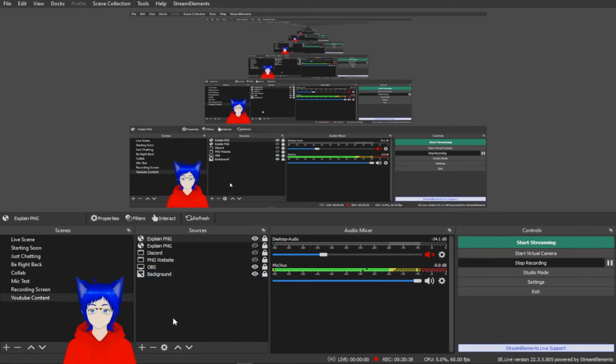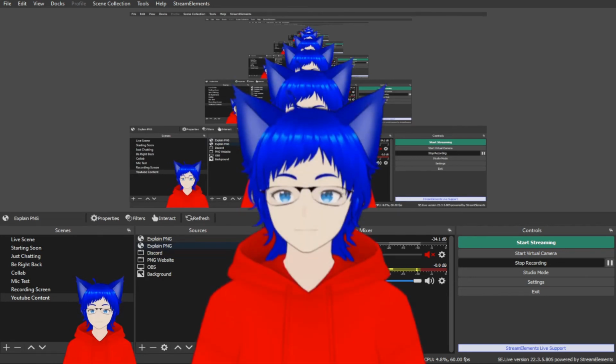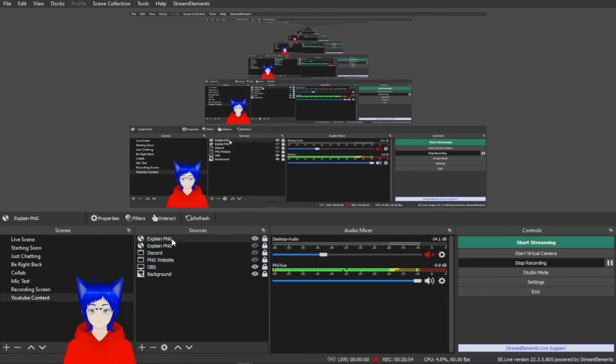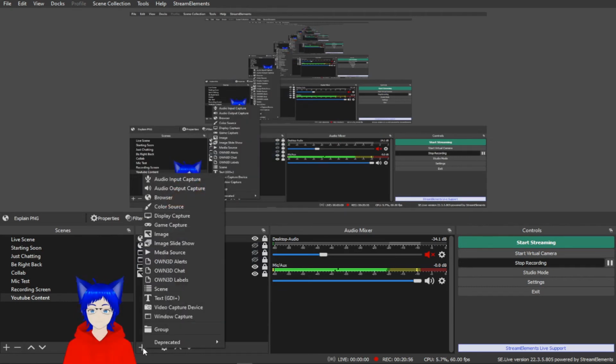You would want to go to the plus button here, and I'll make a completely new one. I have two PNGs. One's my big one here that I used at the beginning. One's my small one. If you're using OBS, Streamlabs, you can do the same thing. It would just be a different route going through, and you'd want to add a browser source,